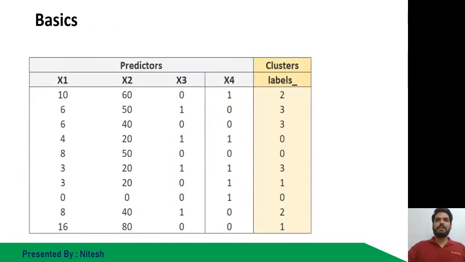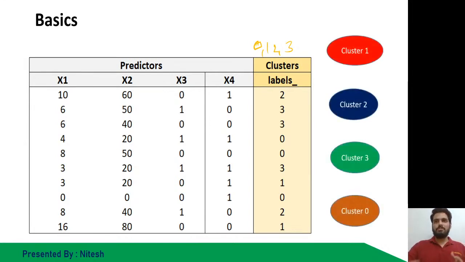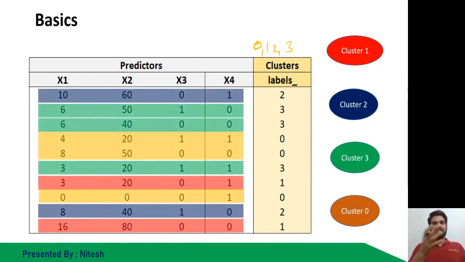So now I have defined here 0, 1, 2, 3, four labels, same data set, but I have told my machine to now separate these records into four clusters. And just to give you a pictorial view, let's say these are the shapes of the clusters we have, the colors, and this is how it has differentiated. I don't know what it has chosen, but I have to study that later on, because we have to do that descriptive analysis.